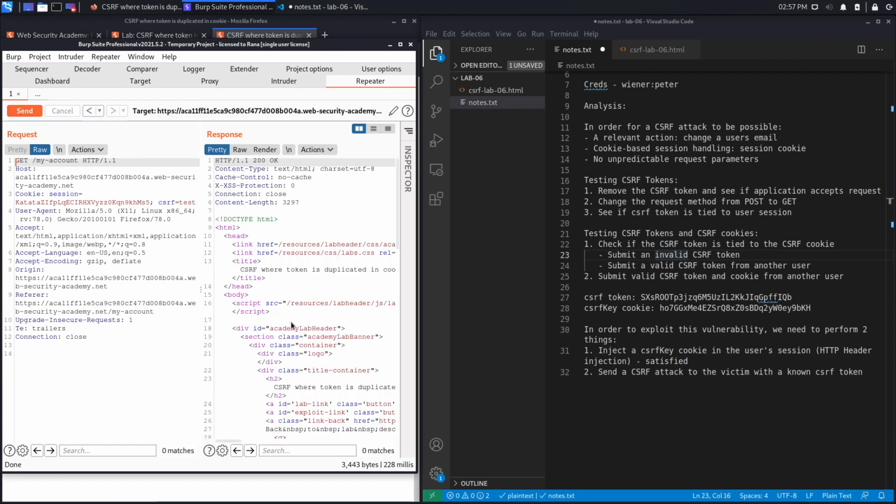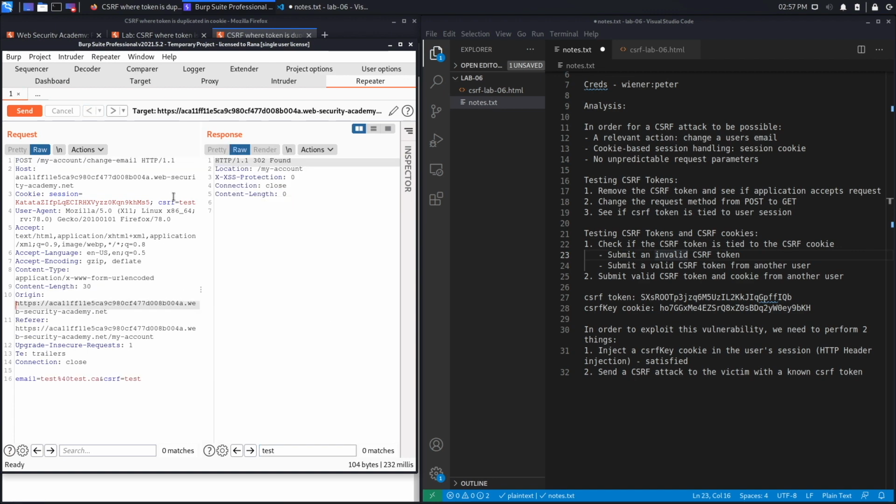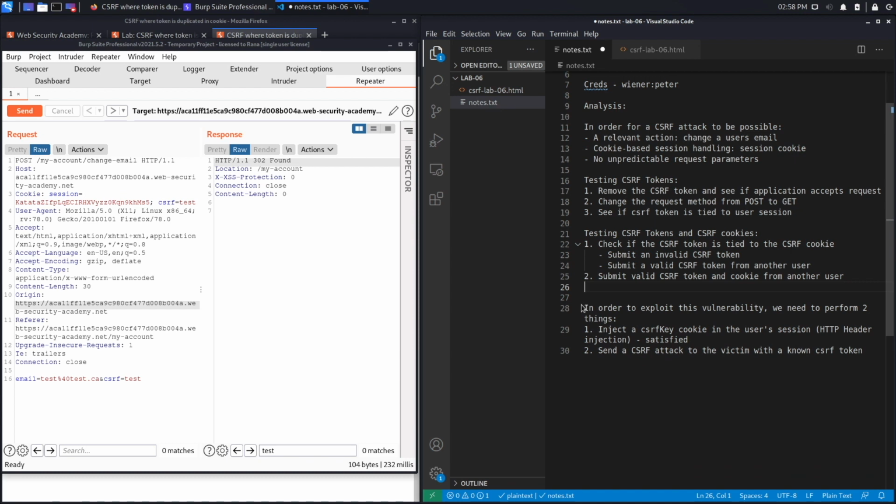That's a good sign. Follow redirection and we get a 200 OK message, and you could see that the email was changed to test.test.ca. So it doesn't really matter what the value of the CSRF cookie is and what the value of the CSRF parameter is, as long as they're both equal. So this is good. Now, in order to exploit this vulnerability, and we don't need this anymore because it's from the previous lab, what we need to do is find a location in the application to inject the CSRF cookie